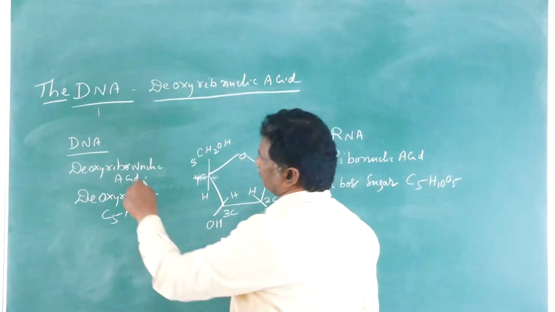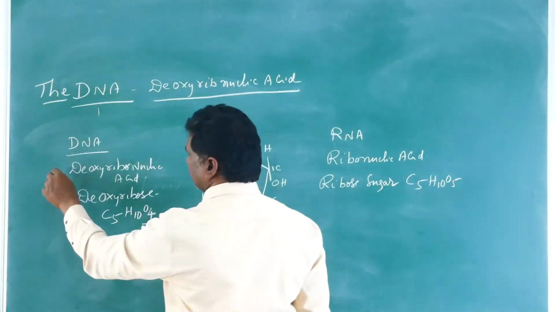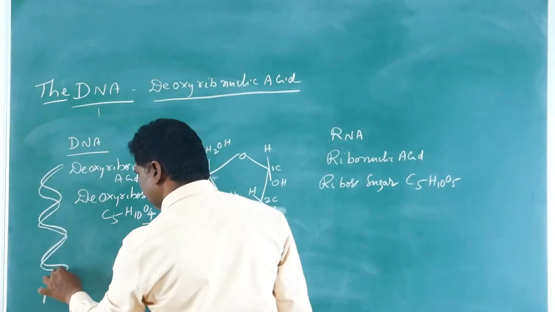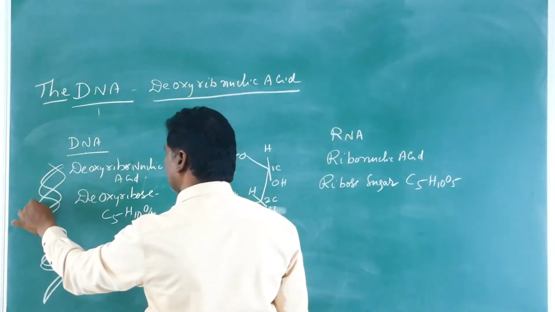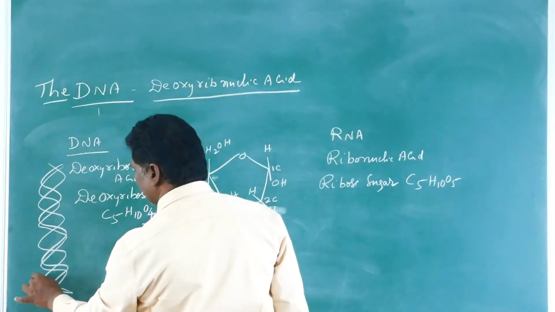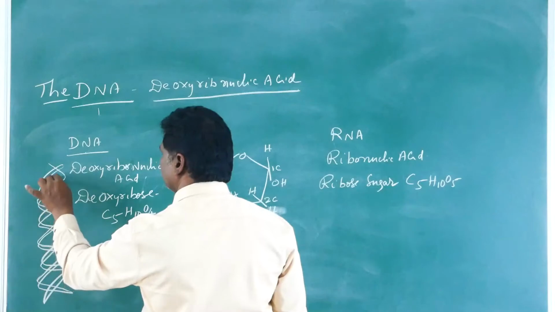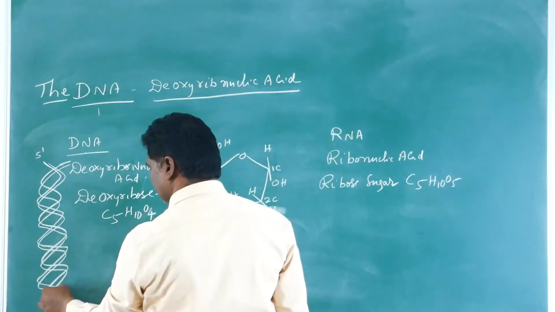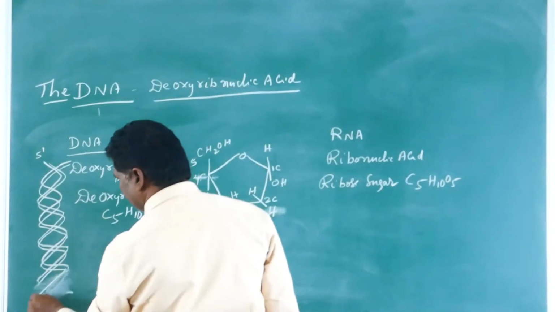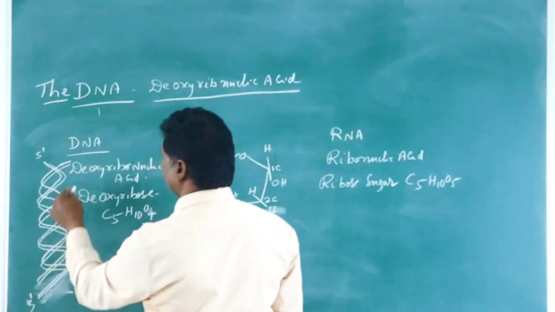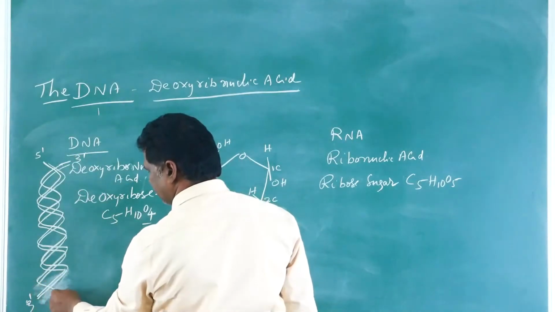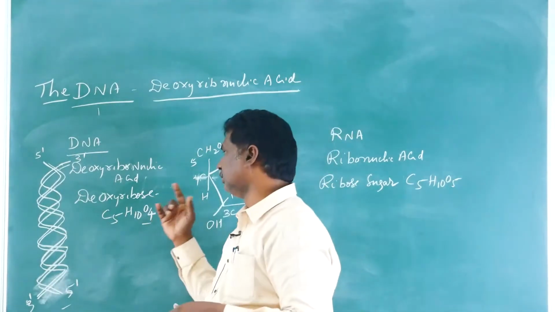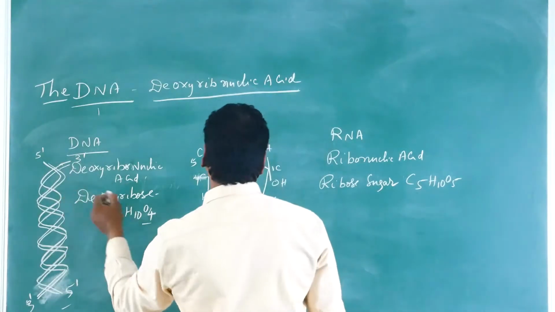Next, when you are observing the structure of DNA and RNA, the DNA is made up of two polynucleotide chains. Those two polynucleotide chains are held together with the help of hydrogen bonds. One is the 5' end and the other is the 3' end. This is the 3' end, and on the other side the 3' end pairs with the 5' end. What is 5, what is 3? Later you can discuss. So two strands are present.